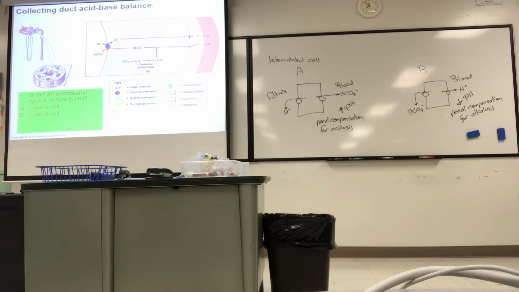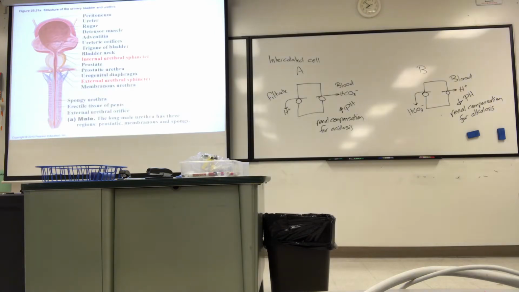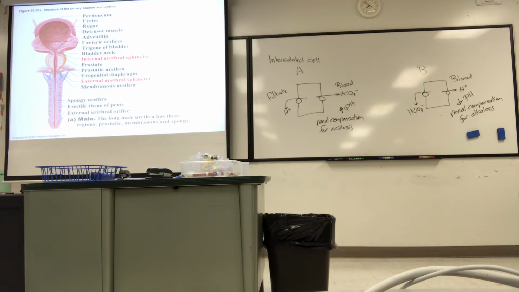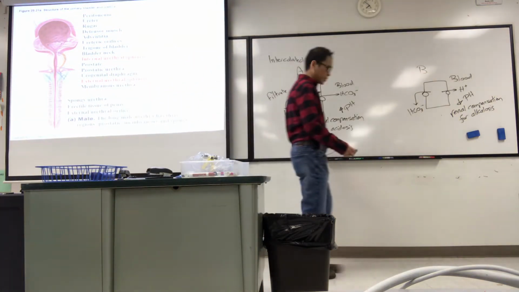All right, but anyways, so we're pretty much done with the nephron. Once you've finished modifying the filtrate, you have your urine, and I want to start talking about the rest of the urinary system, talking about the bladder reflex. So here's kind of the rest of it. After the kidney, you got the ureters that go down to the bladder, and then there's the urethra. So there's male and there's female. We talked about urethra before in repro. So the anatomy is not too much. What you're looking at here,